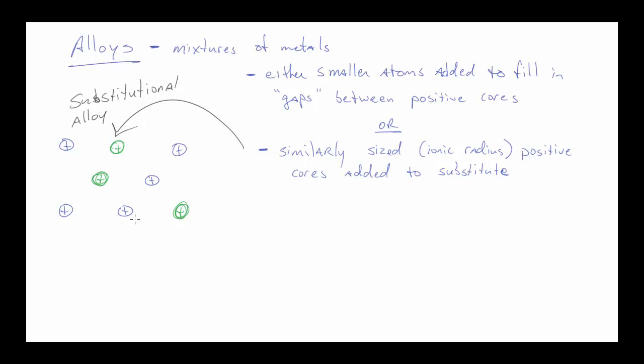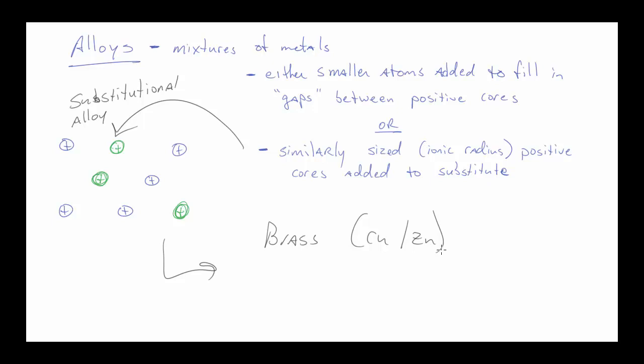And so again, the most common example, I guess, that would make sense out of this would be brass. Now, brass is a mixture of copper and zinc metal. Now, copper and zinc have 2 different hardnesses. They have different unique properties for each, and what we get with the substitutional alloy is we get somewhere in the middle between them. So again, the density doesn't change, but the hardness of the metal is going to be